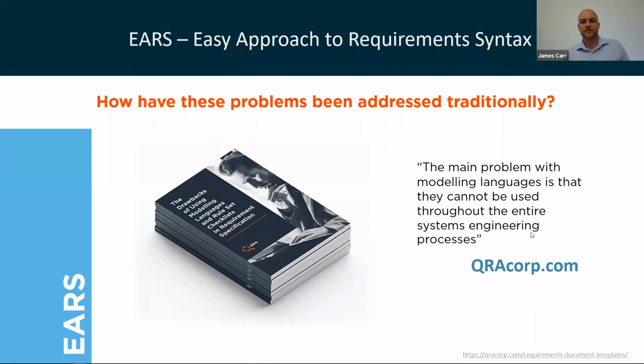So we have an article about this called The Drawbacks of Using Modeling Languages and Rule Set Checklist and Requirement Specification. And to summarize that, again, there's a link here if you request the slides. It says the main problem with modeling languages is that they cannot be used throughout the entire systems engineering process. So that means it's really good for